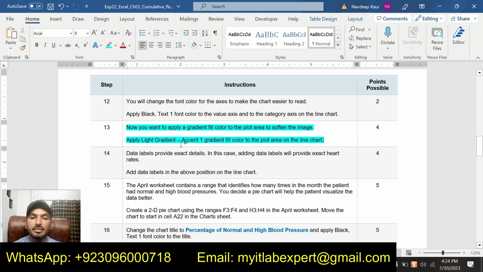Apply light gradient accent 1 gradient fill color to the plot area on the line chart. So now we are supposed to use the fill option to fill the plot area of this line chart. And the fill color should be light gradient accent 1 gradient fill color.